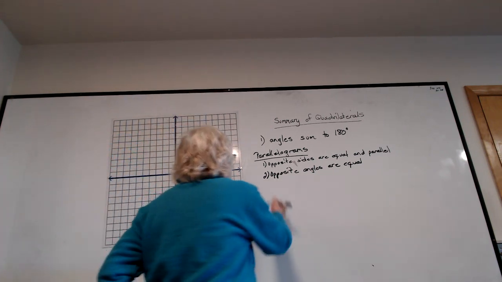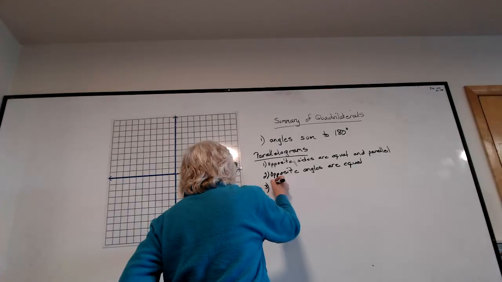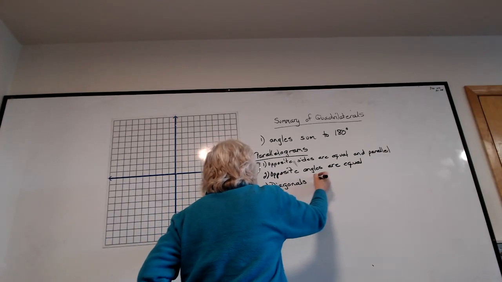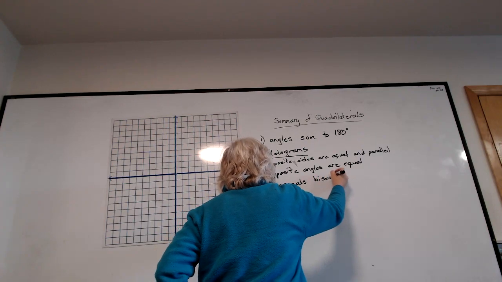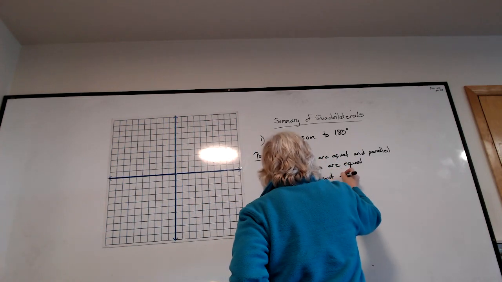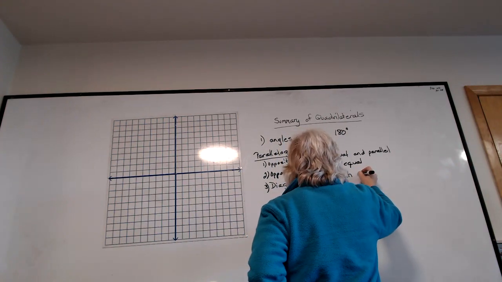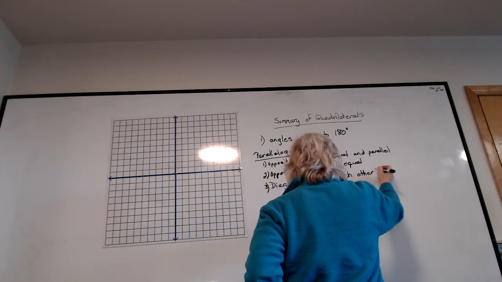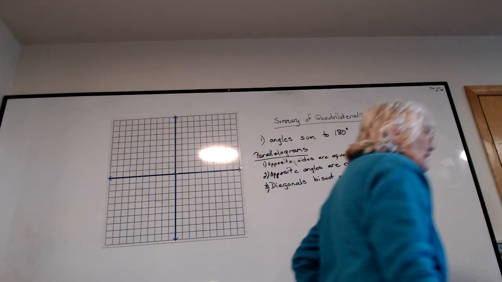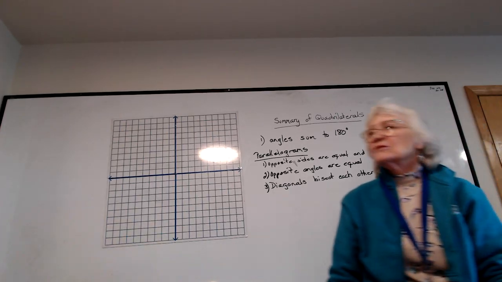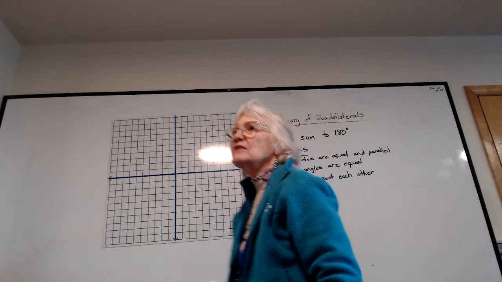The other one is that the diagonals bisect each other. Okay, so in any parallelogram, the diagonals bisect each other. So then that is true of squares, that is true of rectangles, that is true of a rhombus. So for all those, you can say that that's true, because this fits all the things that are underneath it. Okay. So then